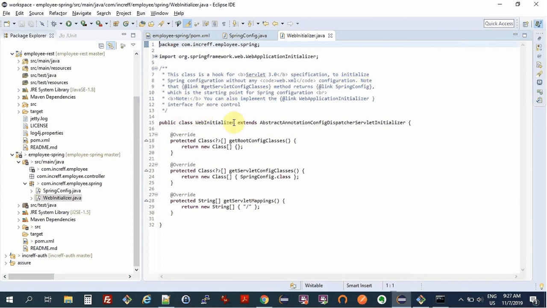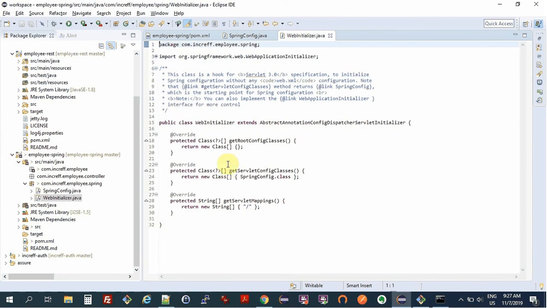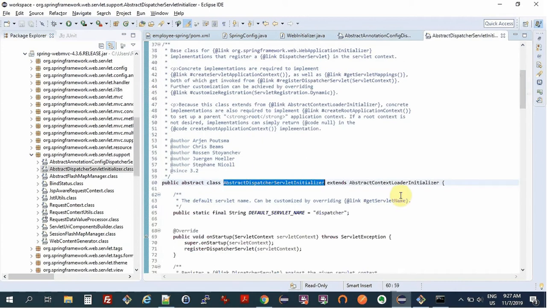All right. So Spring provides this abstract class called AbstractAnnotationConfigDispatcherServletInitializer. Forget about the hairy name, but basically you just need to extend this class, and you need to tell it that, hey, I'm going to use my SpringConfig.class to initiate my Spring framework. And essentially what happens is when Tomcat starts, if you look at this class deeper, all right,